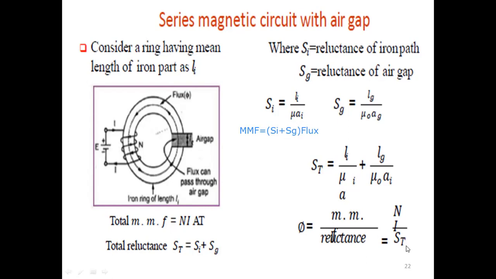Yes, sir. Suppose while calculating you are asked to find the total MMF, then number of turns into current calculation gives the total MMF. Next, if they ask to calculate SI, you can use that: total MMF equals NI equals SI plus SG into phi. If phi has to be calculated, then MMF divided by reluctance. So based on which value you know, according to that you have to use the formula. So 2-3 formulas are there for the MMF.